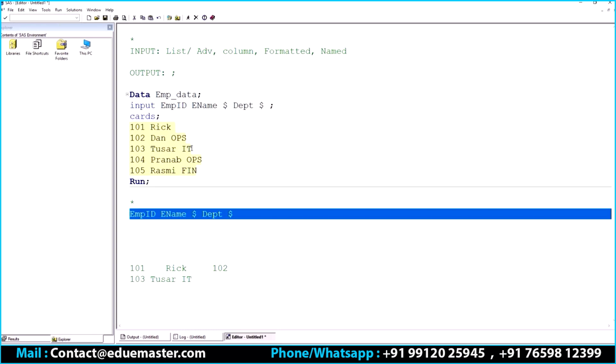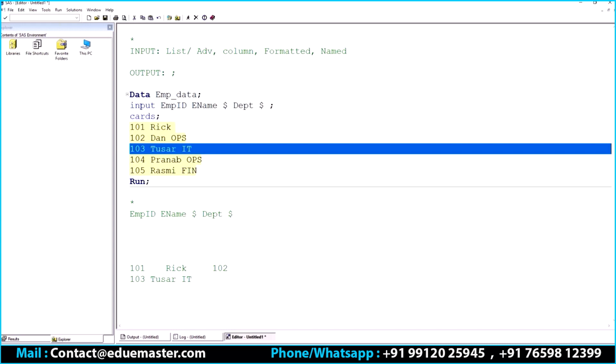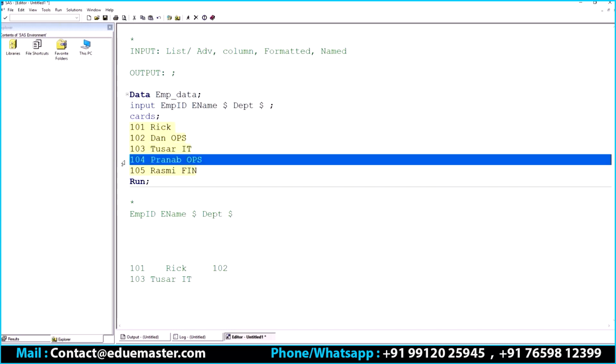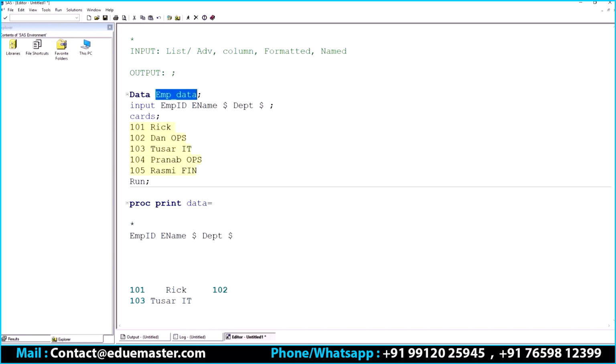At what line did SAS stop reading the values previously? At this line. So when it starts reading the input statement from the beginning again, it will go to the new line. That is how the data will be processed. In this case, since we are not representing the missing value with the period,